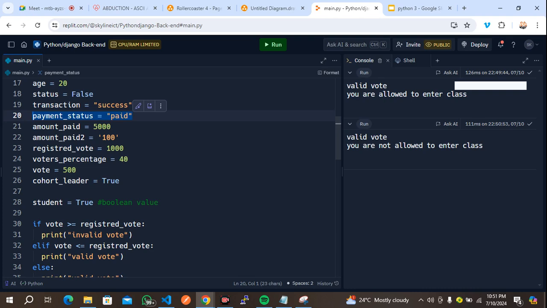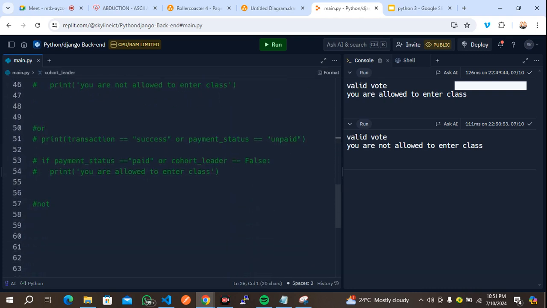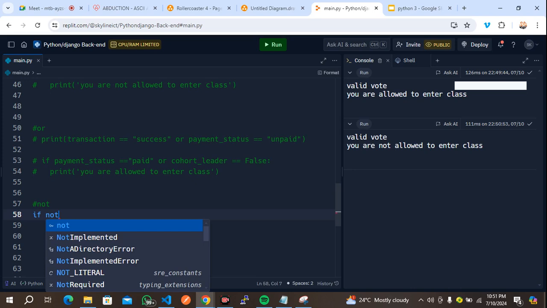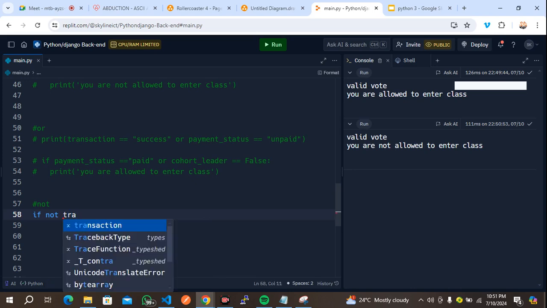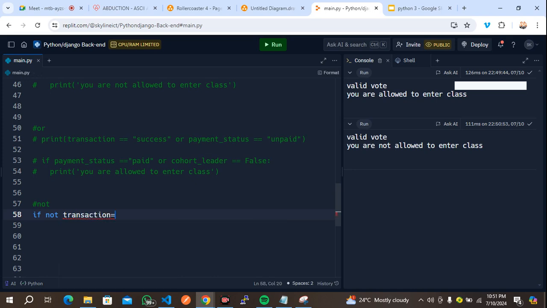And then this is paid. So if we want to check, I'll come here and say if not transaction equals to success, right? If not transaction equals to success, then print